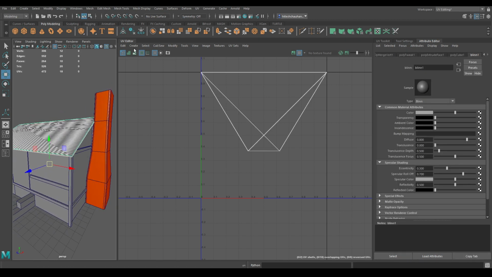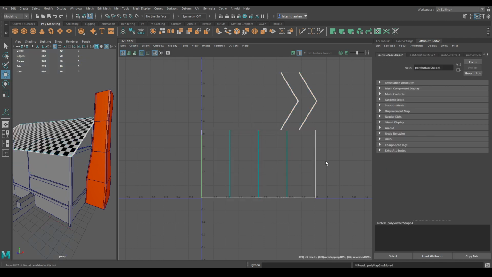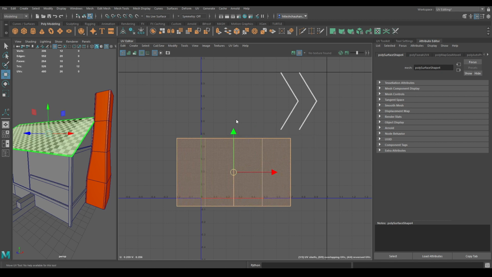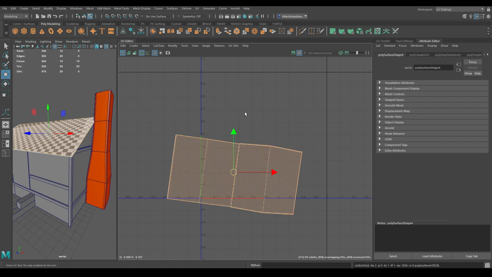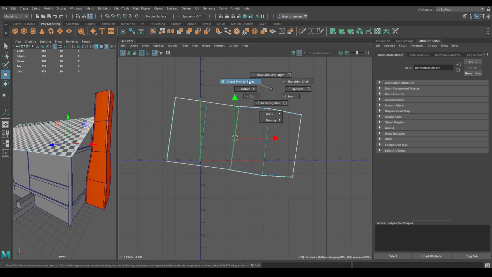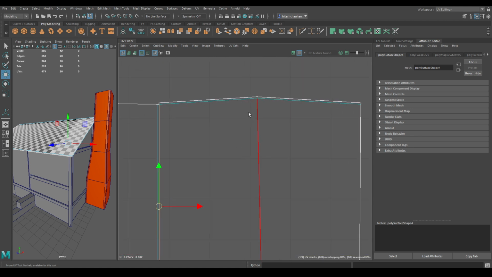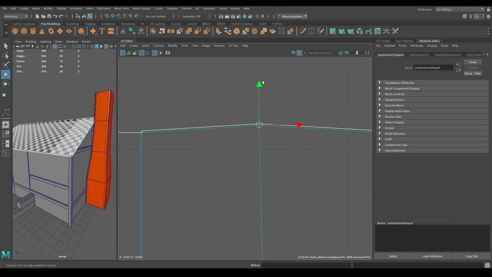Now select this roof and go to create. Again select automatic mapping. Go to edge mode and use move and sew. Now select these edges and these ones. Again move and sew. Go to shell mode and unfold. Go to UV mode, select these UVs and bring them down to make this edge straight.